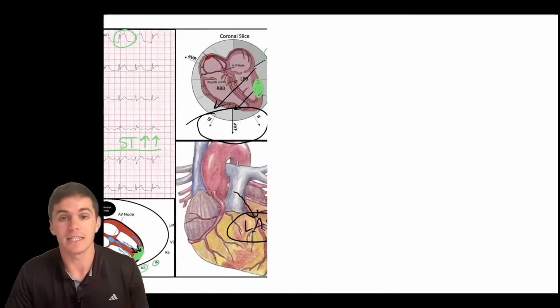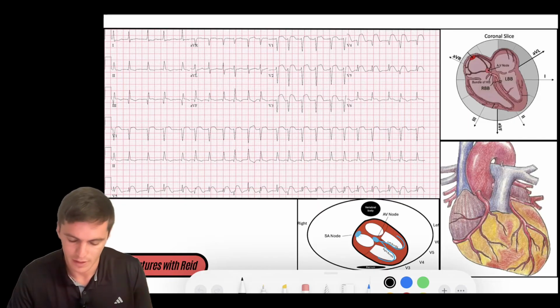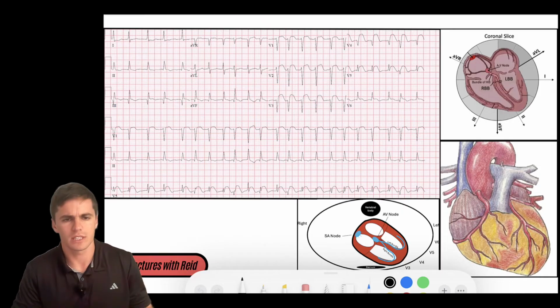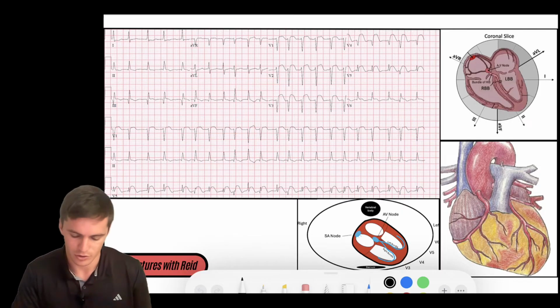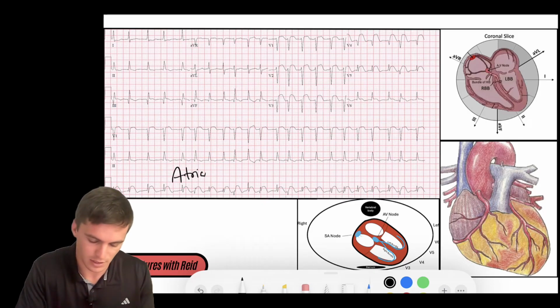So that's an LAD occlusion. Let's go to the next EKG. And this is a good example of something that I wanted to talk about: how STEMIs progress, okay? So you'll notice that the rate is irregular in this rhythm. This is actually AFib. So this patient is in atrial fibrillation,